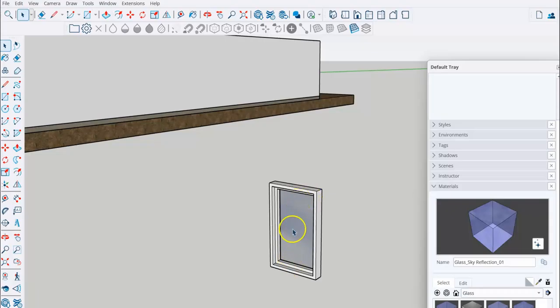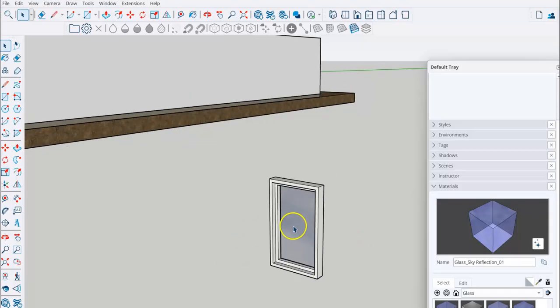So we've got this window here. I've got the dimensions. I've got a drawing in front of me. And if I want to just quickly make this up as per our drawing, what I'm going to do is just go with my rectangle tool. I'm going to force the plane to be on the green one, using my arrow key, and I'm just going to click and drag, and give it a dimension. So I want that dimension to be 900, 1440